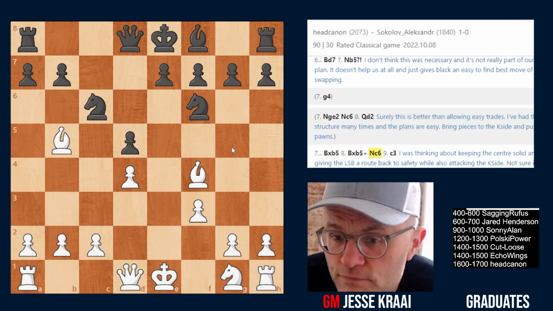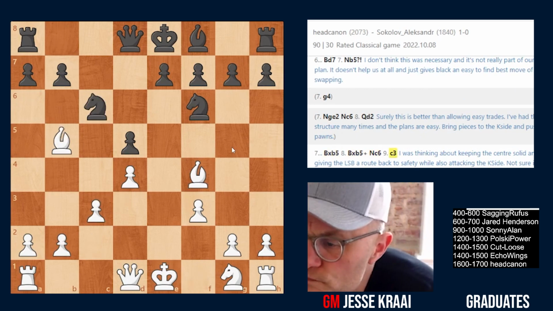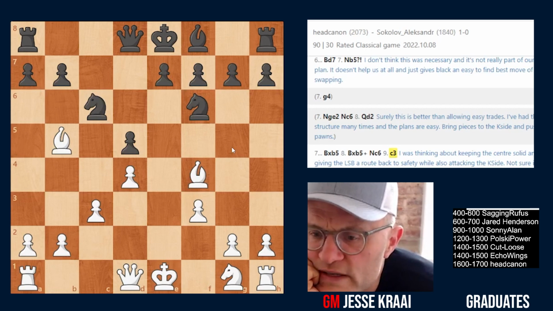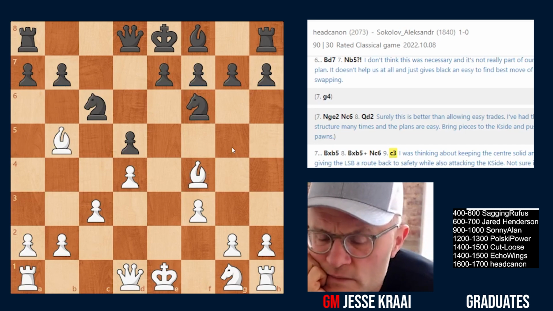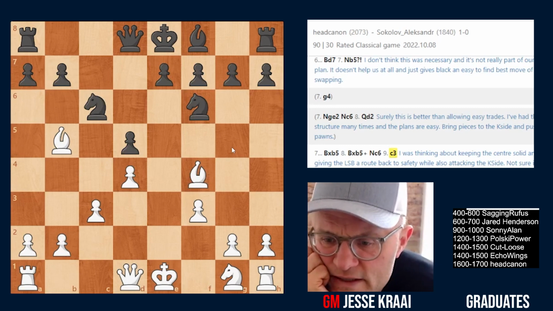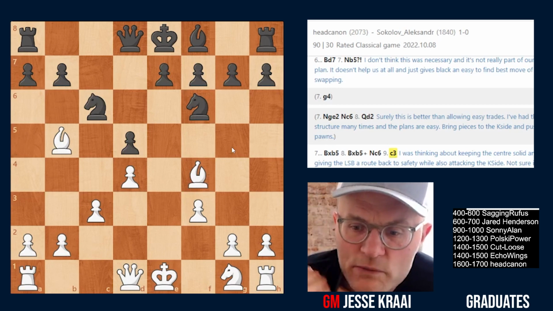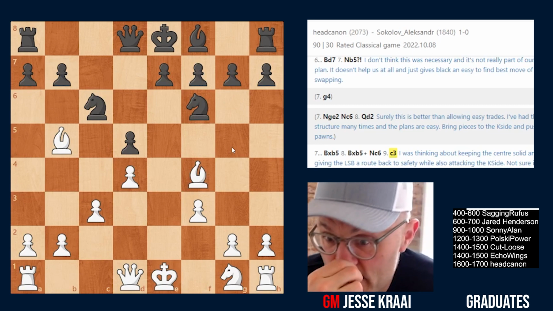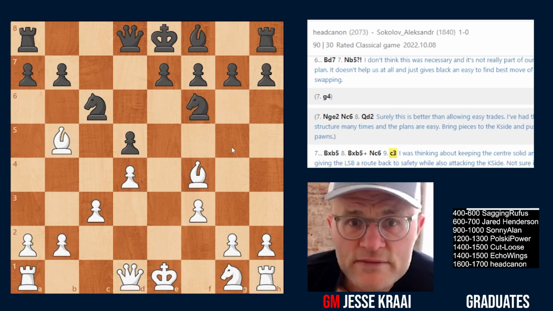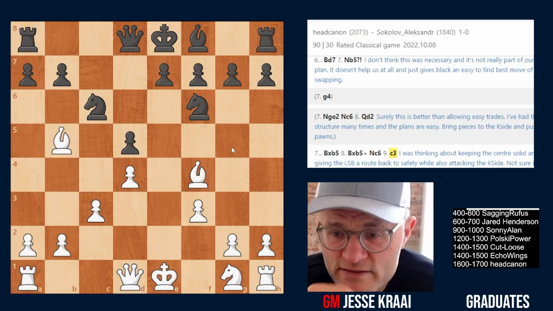Good. c3. Okay. So now what we should say is that you have a Carlsbad structure on your hands where you would like to make the claim that your light square bishop is amazing. A problem for you here is that your pawn on f3 is blocking the knight's natural development to f3. And that was always the case, but in this particular structure, you would really like to have the knight on e5. So I have not seen the rest of the game, but what we'll see is kind of an interesting question: